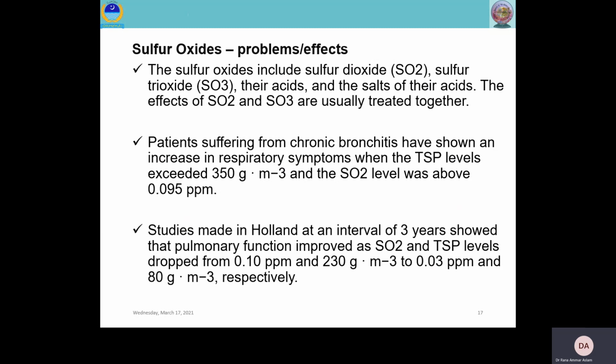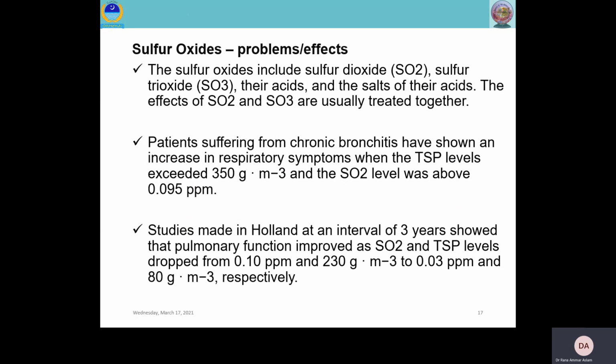And I have told you in the previous slides that these particulate matters enter into your lungs and they can cause health problems. As far as their environmental effects are concerned, at high concentrations, gaseous sources can harm trees and plants by damaging their leaves and decreasing growth. They also contribute to acid rain.